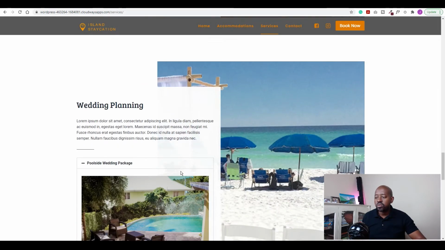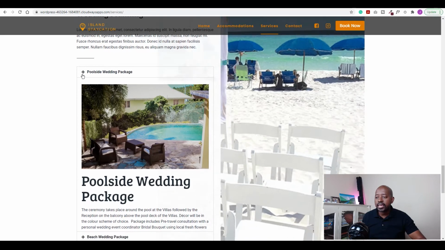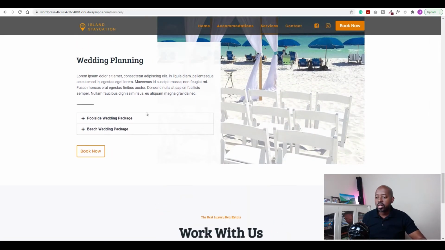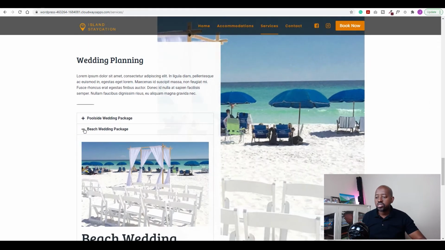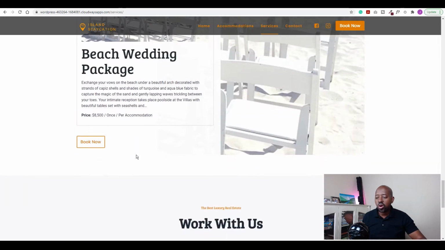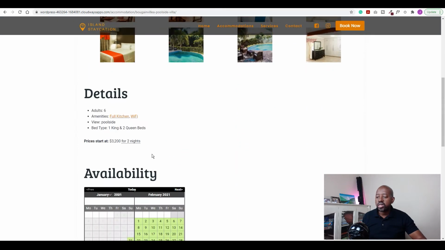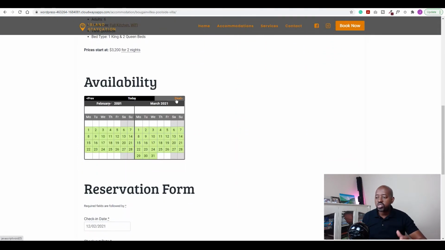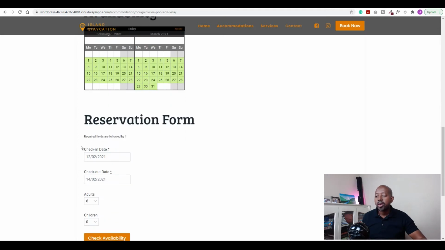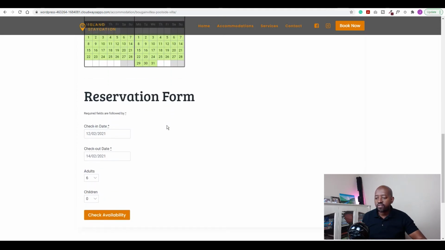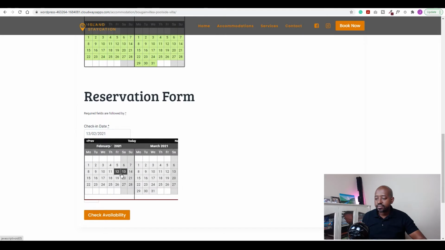As you come down, I'm going to show you how we could add a wedding package to your accommodation so that persons could choose the different wedding package that you offer and then book it. So if they click the book button, it will take them to the accommodation where they can now choose the relevant accommodation that they want. You'll see this availability calendar that you could choose the date that is relevant to you. Here it just shows you if the date is booked or not, but you could come down to the reservation form, select the dates,